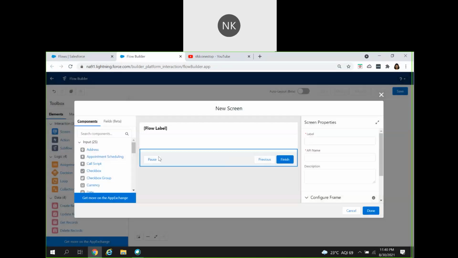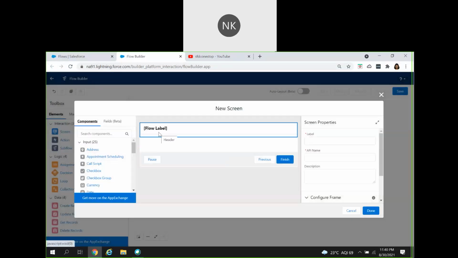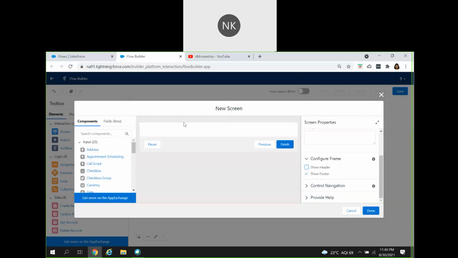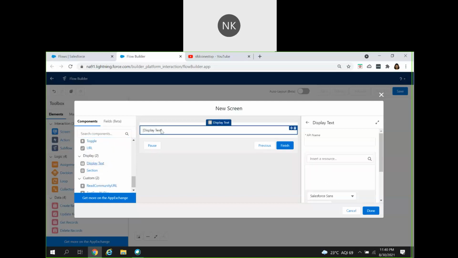So what I will be doing is, I will add a screen component, and here let's remove all of this and just add the display text component, where we will say success.